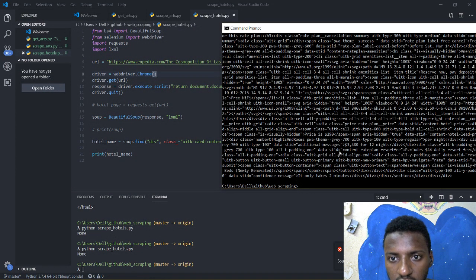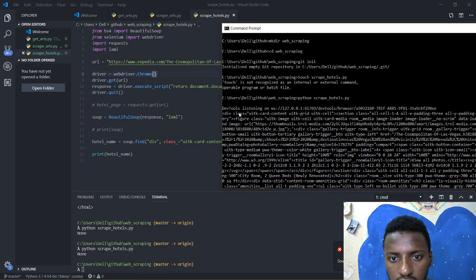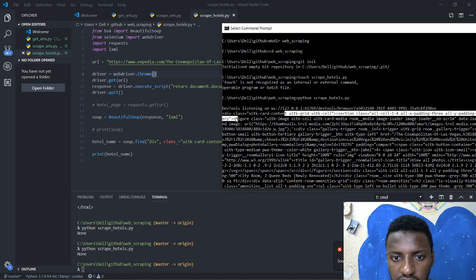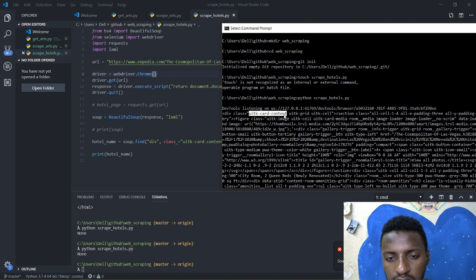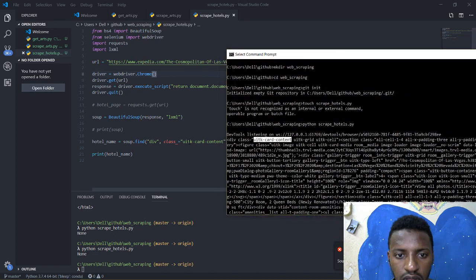Voila! We just got our code. As you can see, this is the div class with the... Here, let's just compare. Alright, yeah, it's right here. Div class UITK card content, div class